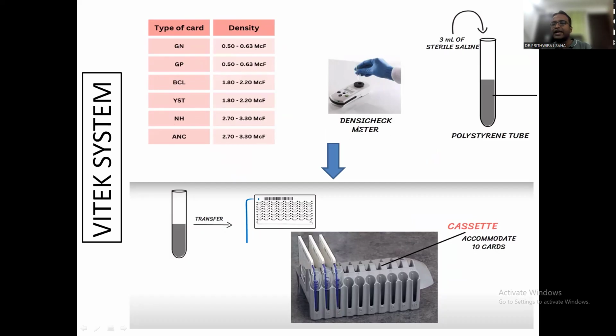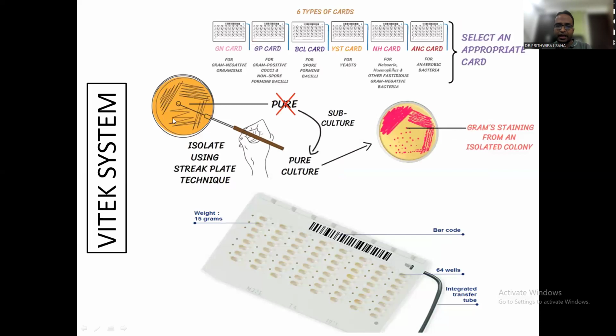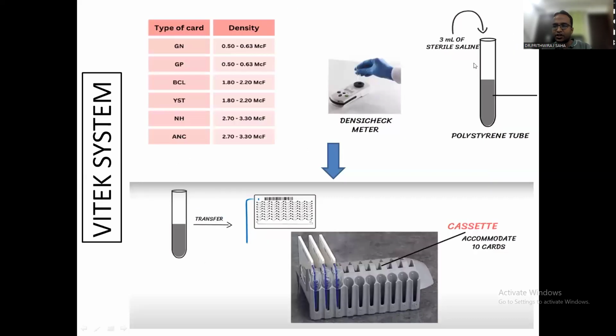They are checked in the density check meter, and once this dilution is made, how are these dilutions made? They are made with sterile saline along with the culture. They take some inoculum from the cultures, mix it in the tube along with the sterile saline, and check the optical density, and after that they dip the card into this tube, and these